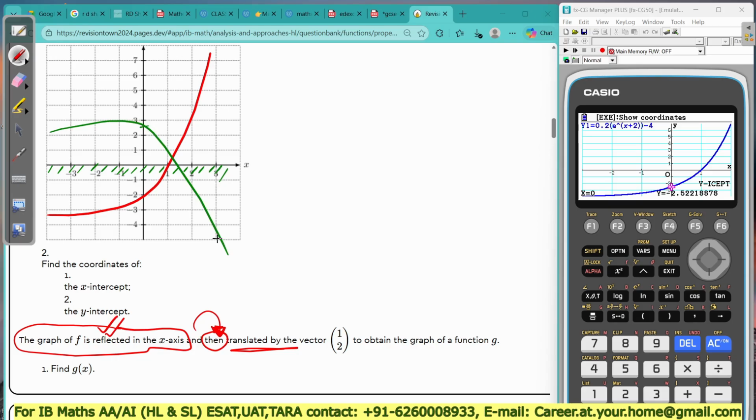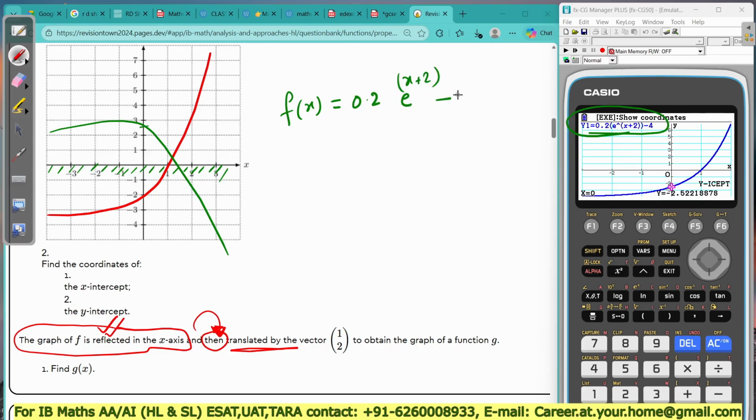Are you getting my point? It is a graphical approach I'm telling you. You can do it mathematically also. Basically, we have to find the mathematical solution. We have to find g of x, not the graph of g of x. So your f(x) was initially 0.2 e raised to power x plus